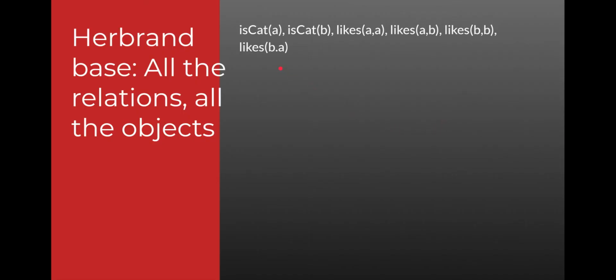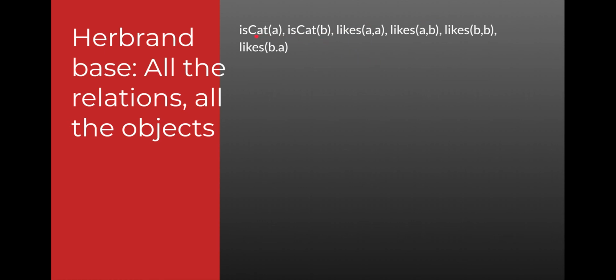Now, let's remind ourselves of the set of all the relations combined with all the objects. That set is called the Herbrand base. And every relational logic has a Herbrand base, even if it isn't a Herbrand logic, which is a confusing bit of nomenclature. So we call this set the Herbrand base, where now we've added an additional relation,